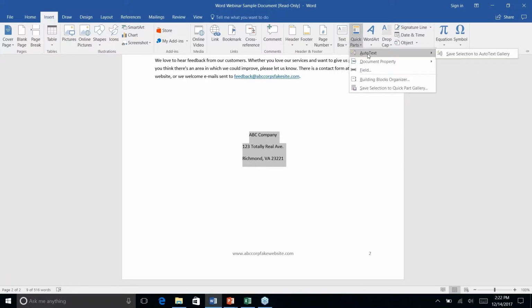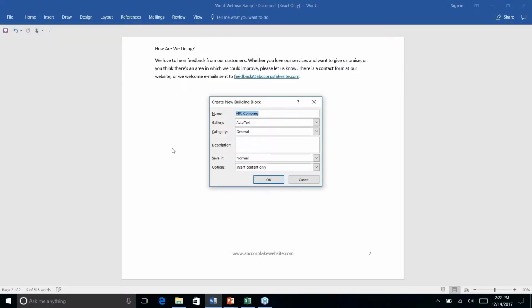This option here, right at the top where it says AutoText, you have the option to save selection to AutoText gallery. If you click on that, this is going to say create new building block. So building blocks are what they are calling these individual elements that you can add one at a time or in batches at any point. So this one, we're going to name it, it's going to automatically populate the first line of text. Let's say I want to call this